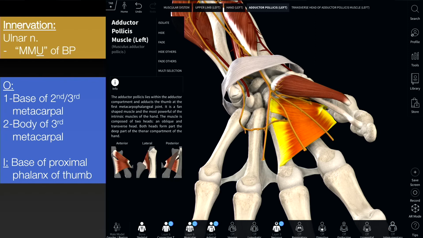And you can feel it. You can really feel the adductor pollicis. You press against your index finger, it's a medium steak. You gradually move to the pinky finger,